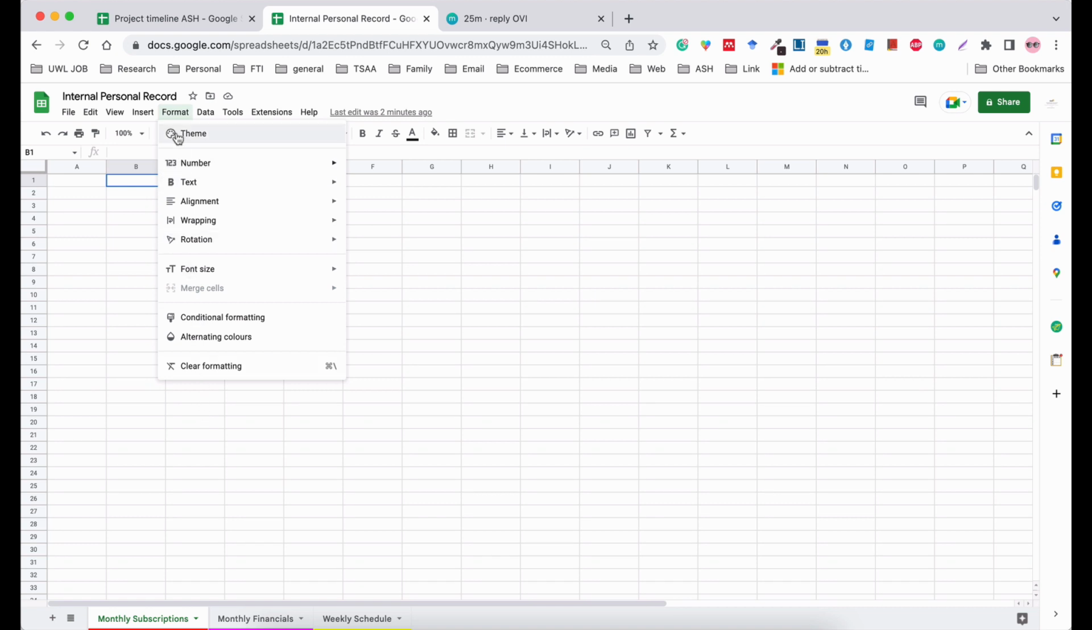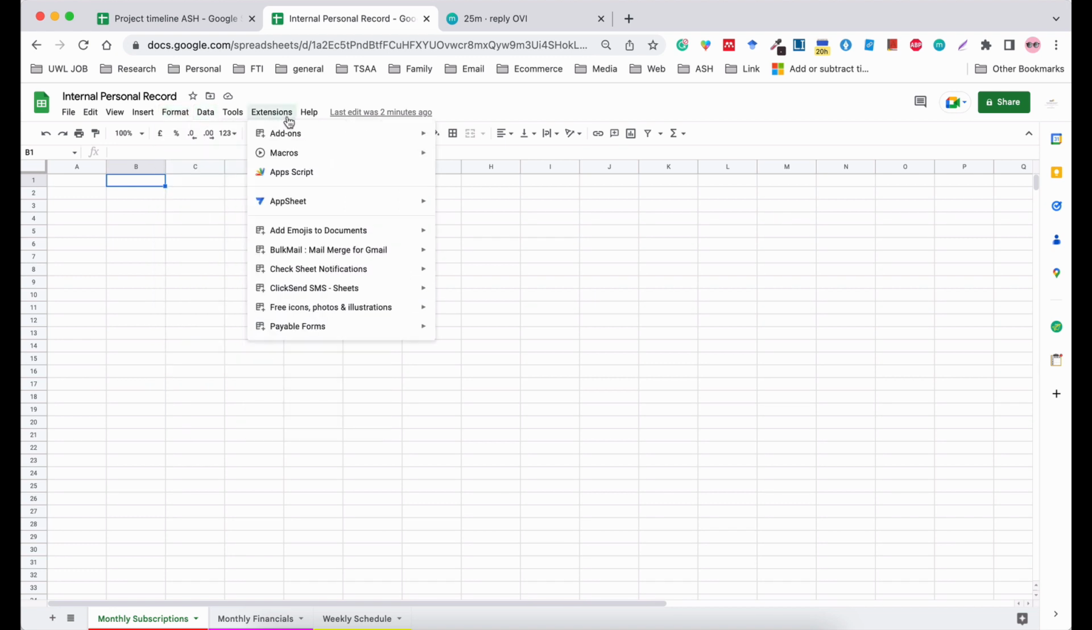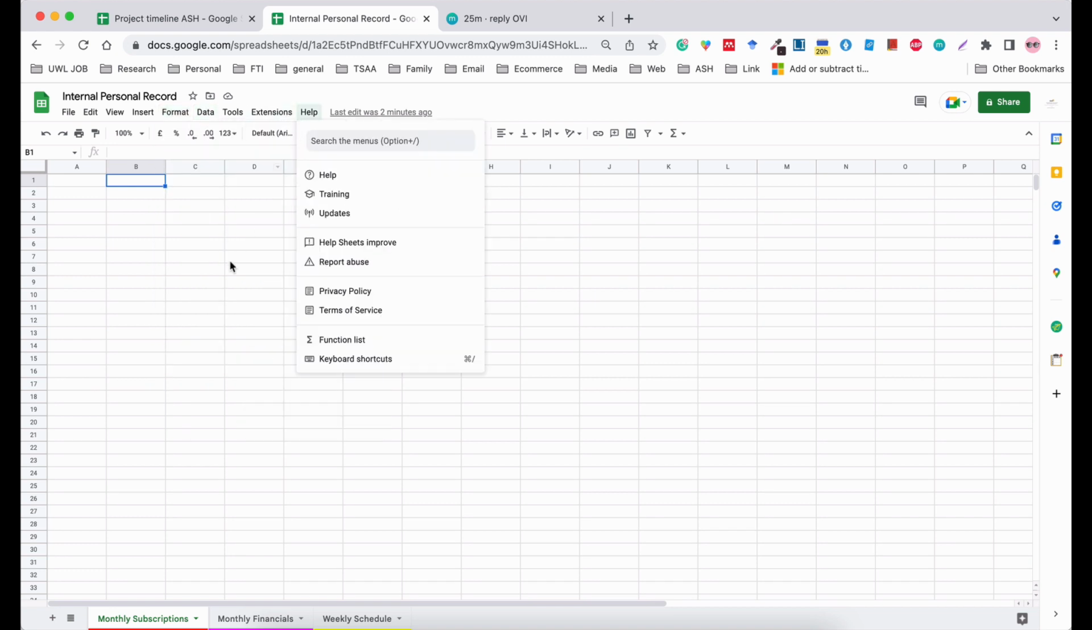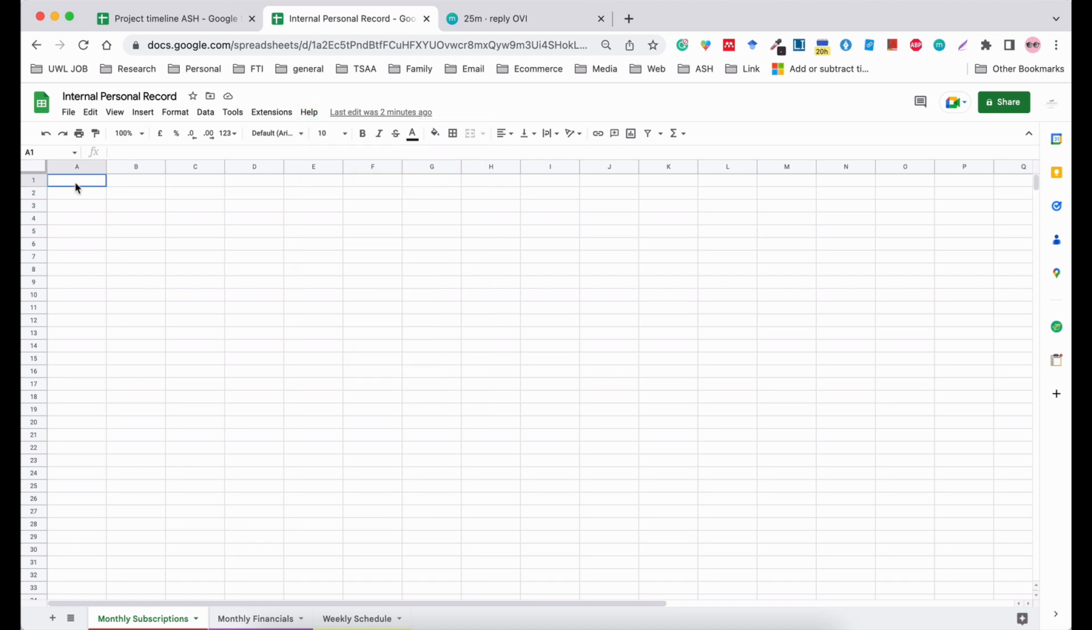Now, feel free to go through the remaining tabs on your menu bar, and I would obviously cover them in our future videos, but let's get right onto it. Suppose I wanted to create a list of my monthly subscriptions to see how much I actually spend on subscriptions every month. I will start by saying date, and I will say amount,